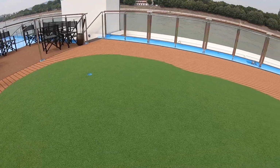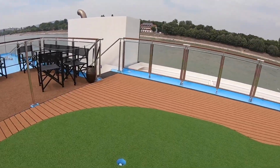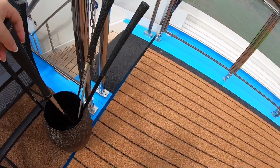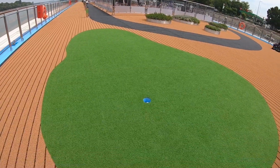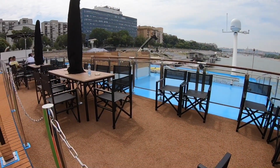Putting, crazy golf type. I suppose not crazy golf because there's no windmills or anything, but you've got your golf clubs there, and a putting green that you can have a go on there. That's quite nice. Smoking area at the back,